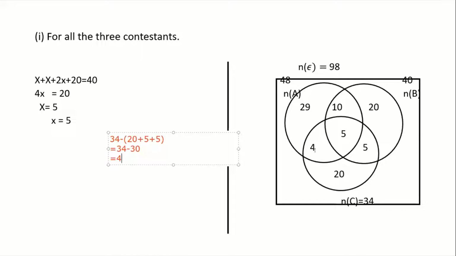So since we have got a 4 here, we shall end up and come back and find also this 29. Remember, we were not given it in the question up there. So we shall come back and find the number of those who voted for A only. Those who voted for A only, we shall still come back and find them, which will tell us that 48, those who voted for the whole A, like voted for A completely, minus